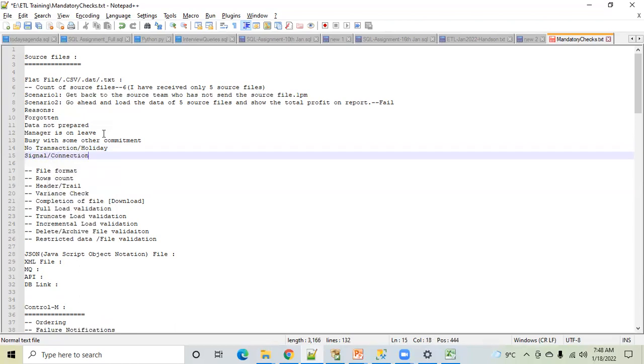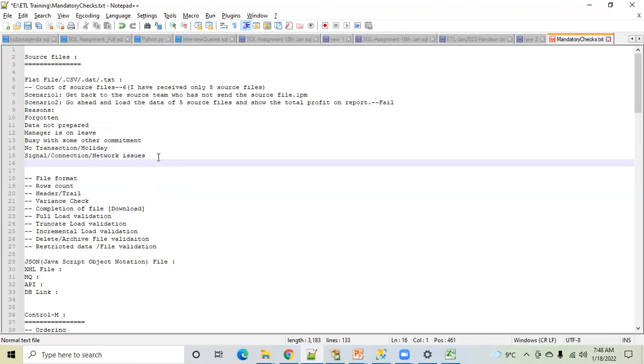Or internet. What am I writing? Guess. Network. Network issues, correct? I am trying to speak, but because of some bad network, you are unable to hear. So that's not a fault from my side, correct? That's a network issue. This is also possible. What else? Think, I'm writing something. Yes. Password expired. This also happens. Okay, fine, very good.